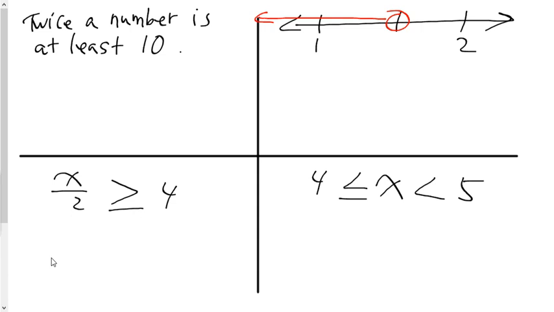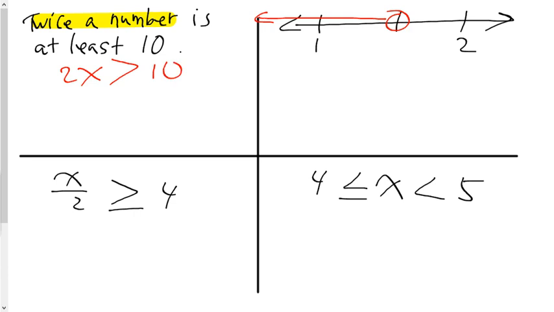The first one says twice a number is at least 10. So what I'm doing is I'm giving you one of the 3 formats. You give me the other 2. In this case, the format you're first going to give me is an inequality. So twice a number, algebraically speaking, is 2 multiplied by a variable. In this case, we'll use x. We could have used n. Is at least